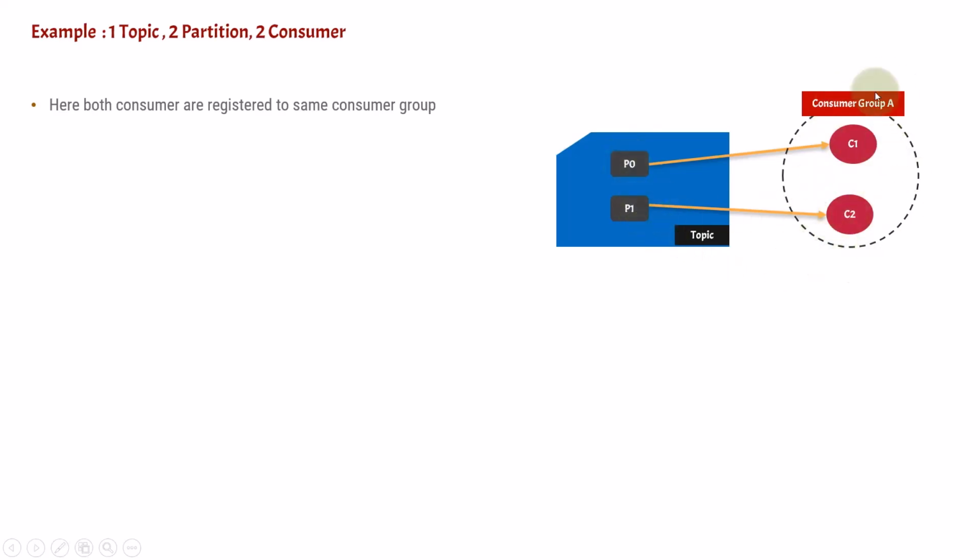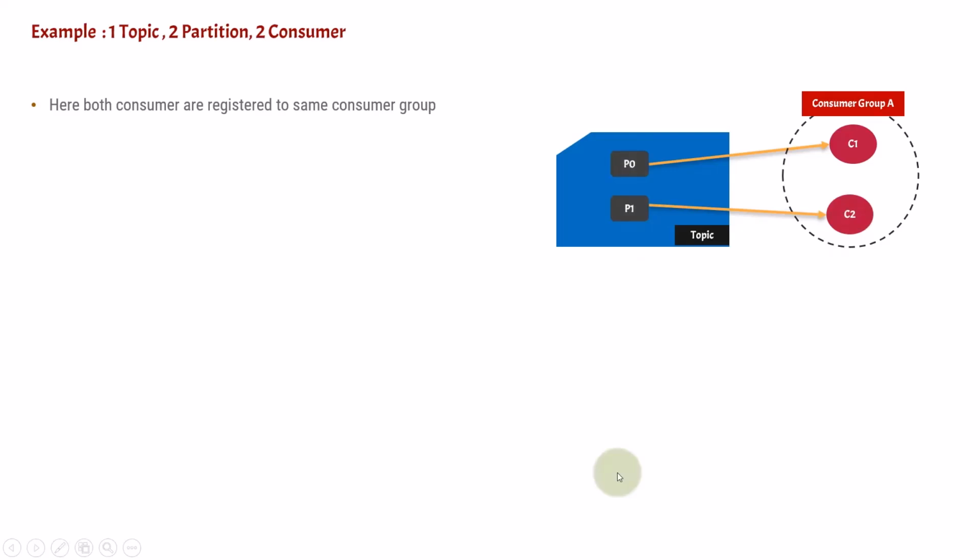Whenever you have more than one consumer instance inside a consumer group and there are multiple partitions, one of the consumer instances will be assigned to a partition and the other consumer instance will be assigned to another partition. So this is the case for two partitions. If it is three, then what will happen? The consumers will switch between the partitions every time. So C1 can take from P0 and then from P3, or C2 can take from P1 or P0.